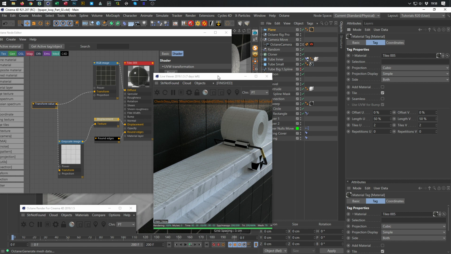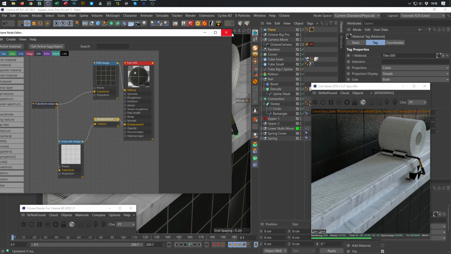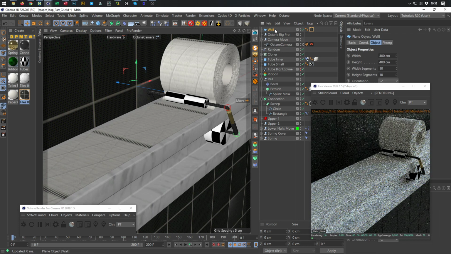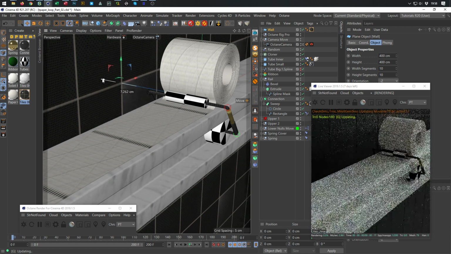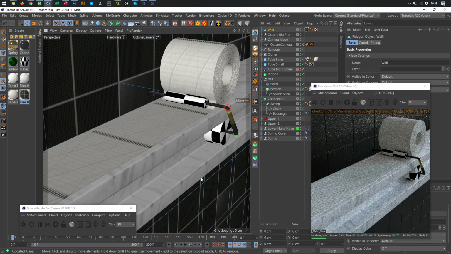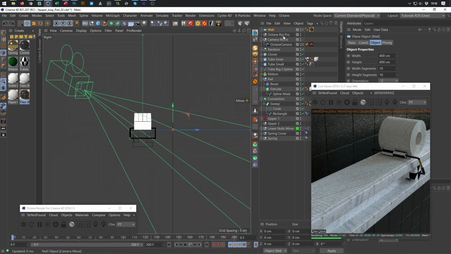Maybe drag it a little back here. So around the edges we don't need here, so I don't know why it is inside. Plane, this is the wall. Okay. And let's make the wall editable. C on the keyboard. I go to the side now. Oh, before I make it editable, let's go back. I don't need any here, so I don't need segments. Now I make it editable, see,